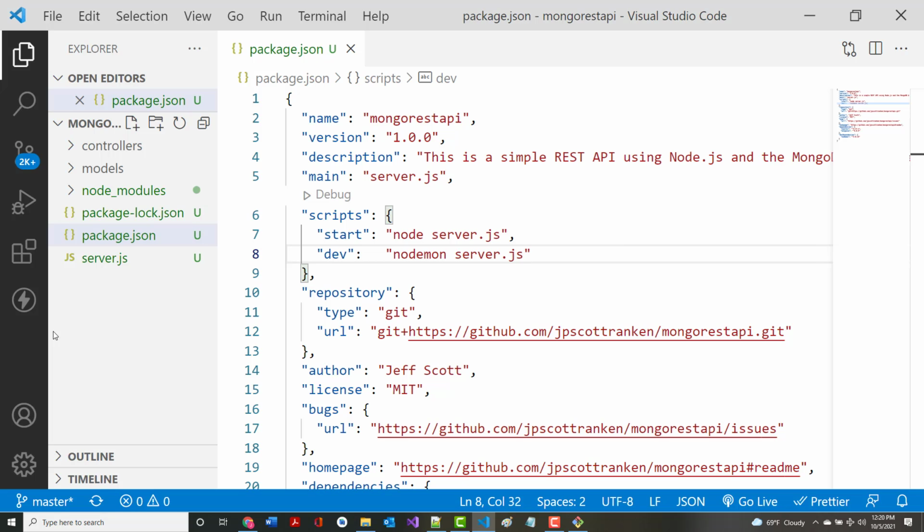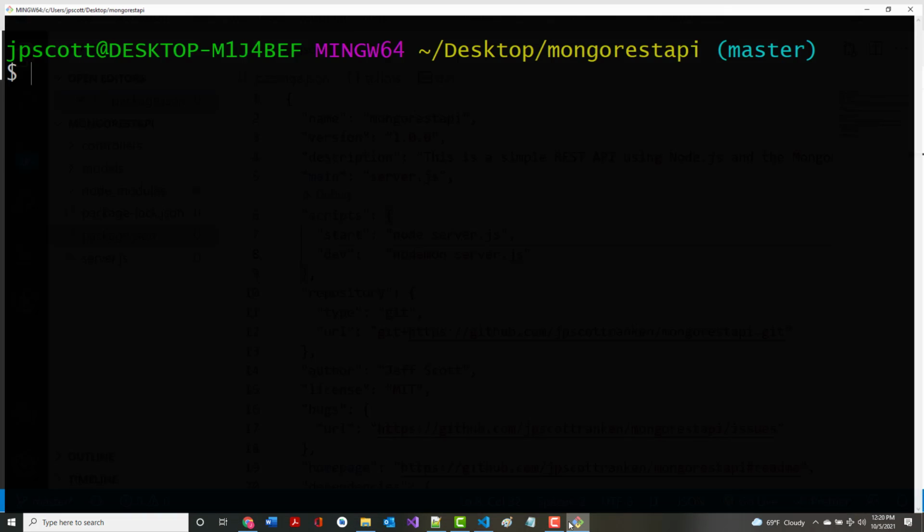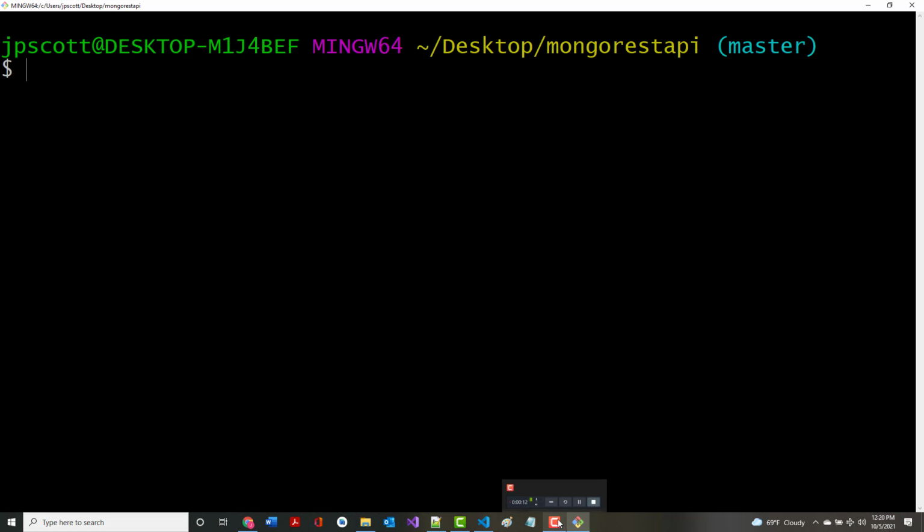Oh, and I forgot about this, so we'll do it right now. It's no biggie. What we're going to do is use a new package that we have not looked at before. So in just a moment, we're going to look at Mongoose. Okay, but before we do, go back into here, because I should have had you add it before. I didn't, sorry. We're going to do an npm i minus capital D, all right? And the name of the package is